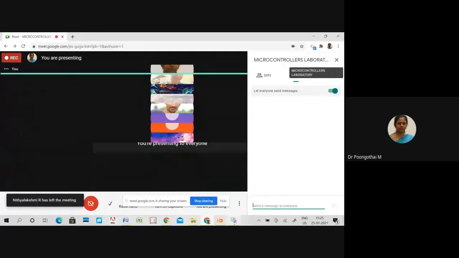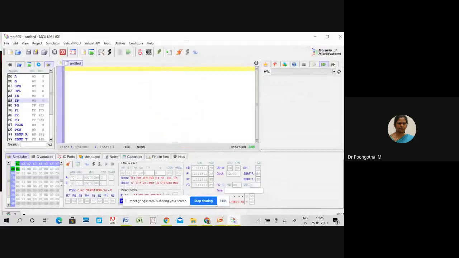So this window provides your internal RAM memory, where the address range is from 00 to 7F.